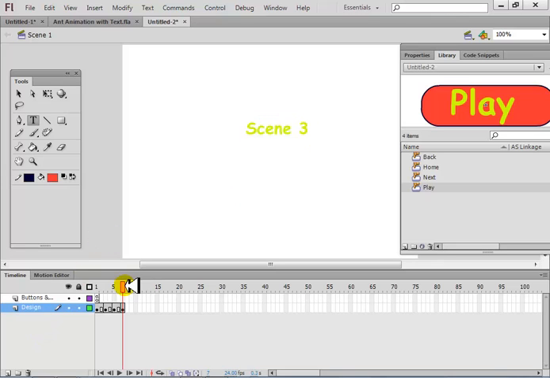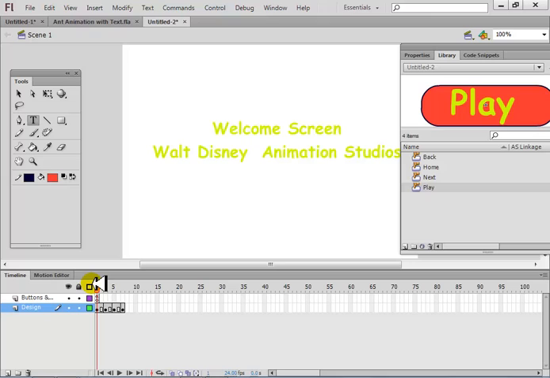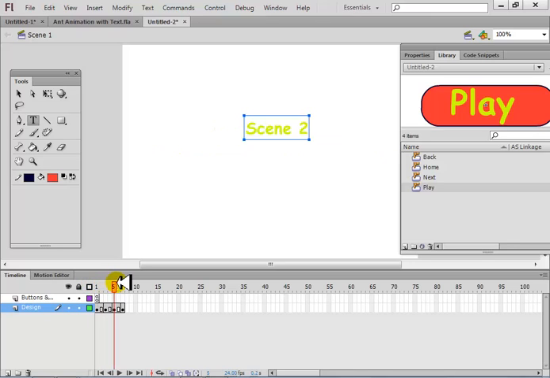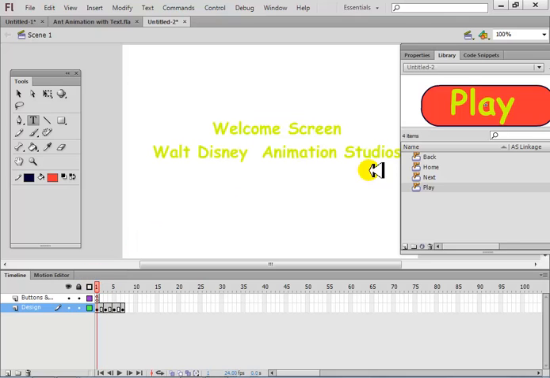What this will do, it is actually showing that I have home screen, scene 1, scene 2, scene 3. That's what it is showing us. But what I want to do is connect these back, home, next and play to these scenes. So it stops at welcome. I have a play button here. When the user clicks on play, it should go to scene 1